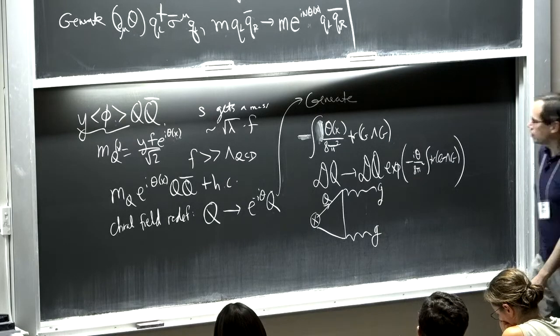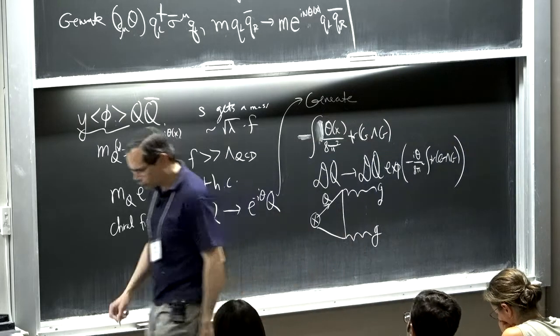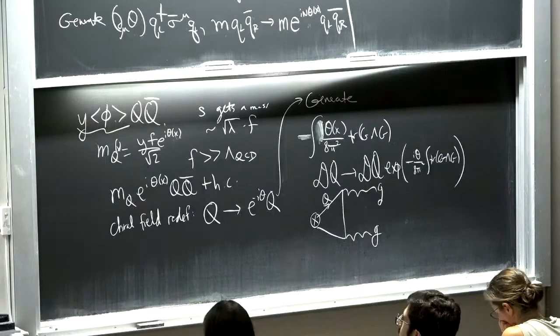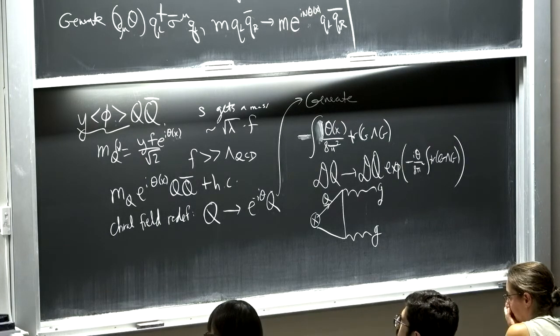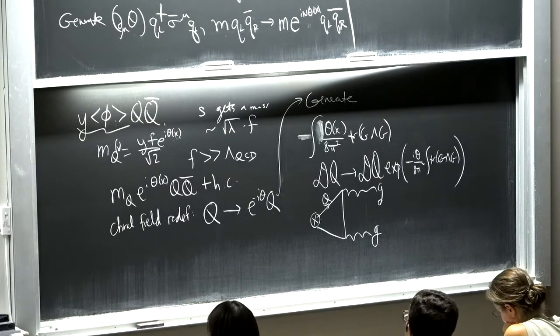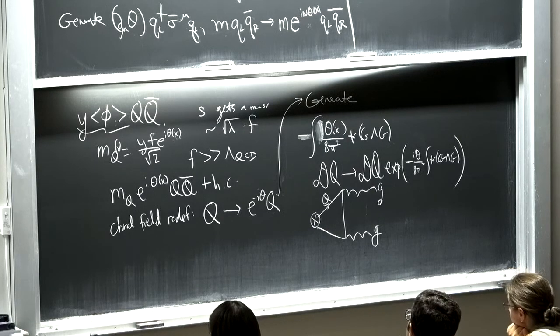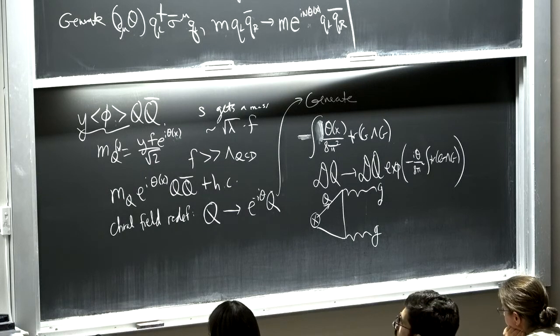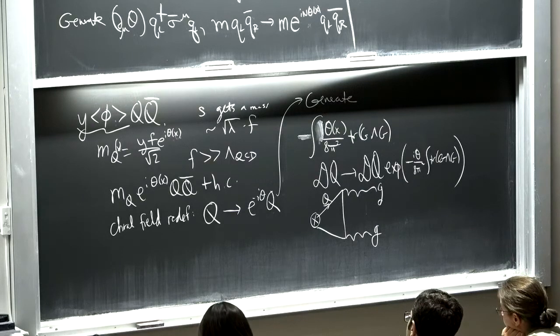OK. So the chiral anomaly is a super useful trick. We saw that we used it both to understand the low energy theory by putting the phase into the light quark masses. And here we used it to understand how to get from the high energy to the low energy by taking the phase out of the heavy quark masses. OK, so if you want to work with axion physics, it's good to get comfortable with this way of rephasing your fields to kind of shuffle around these terms to where you want them.